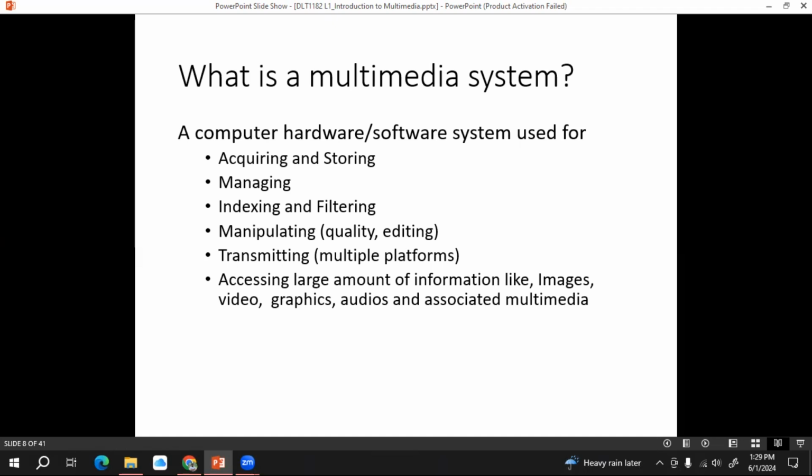Then finally we can say if your system is a good multimedia system, it should have these following features: encoding and storing, managing, indexing and filtering, manipulating and transmitting, and accessing a large amount of information, right? These are the main important features that should be in a multimedia system.